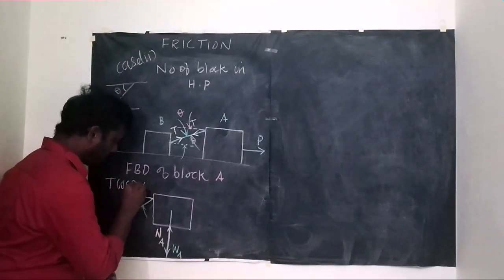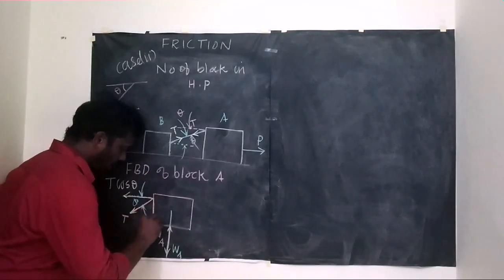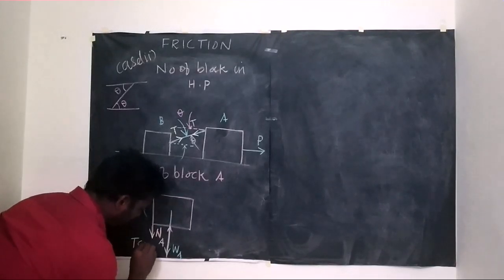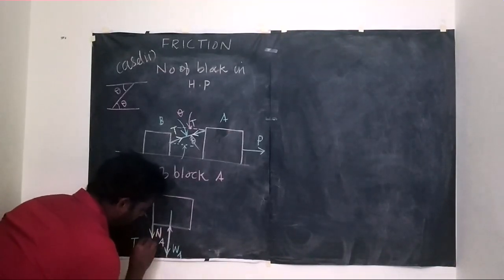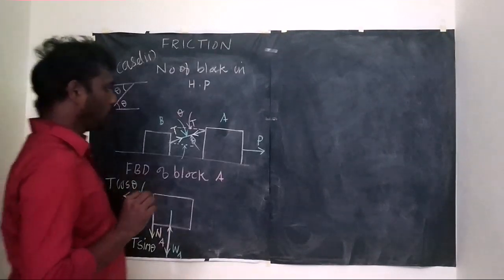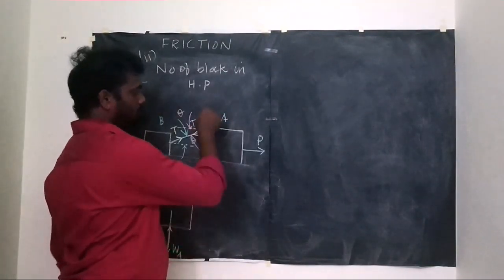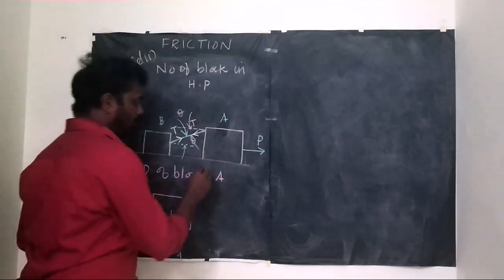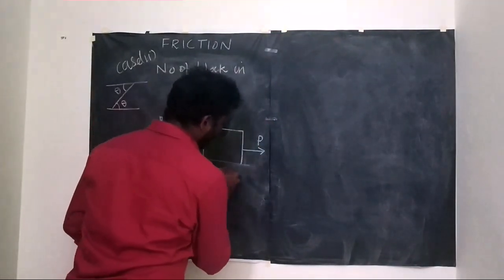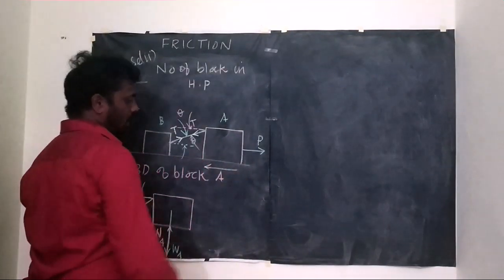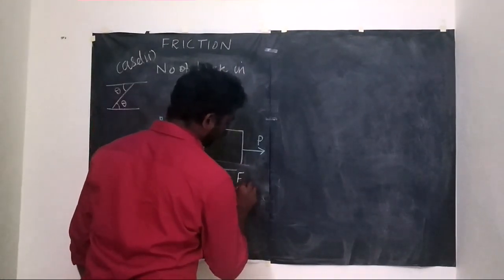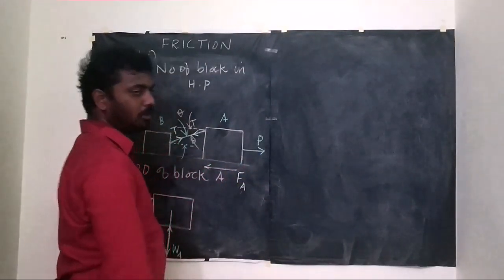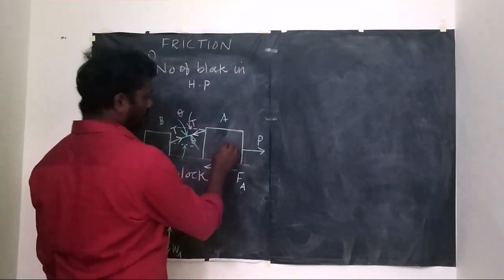T cos theta, then along the perpendicular line, that is T sin theta. Then due to application of this external force, this block A starts to move towards right. At that time the limiting friction force acting opposite to the body movement is denoted by F suffix A. Here A indicates that this limiting friction force value depends upon surface finishing